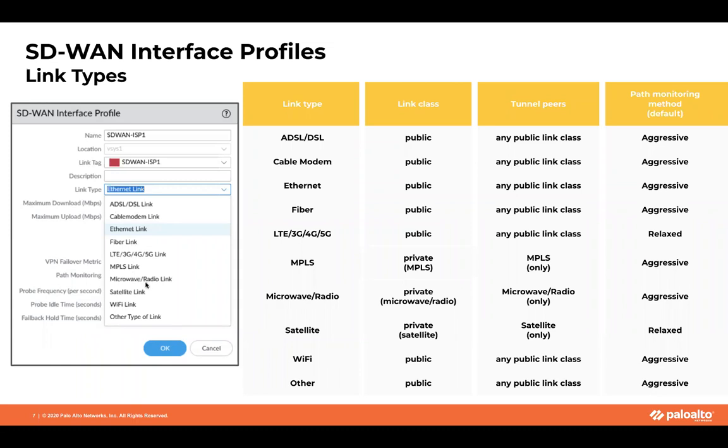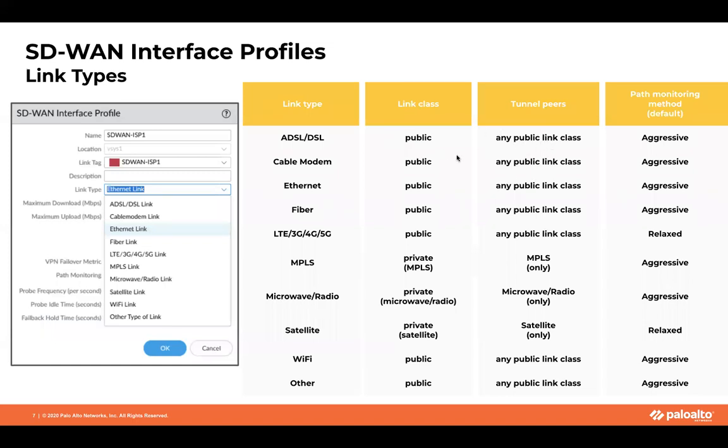You guys can read them all. What's important to remember, even though there's 9 of them, they're actually split into 2 different link classes, which you won't see referenced under the interface profiles, but basically they're split into either a public or a private link class. So what that means is basically depending on what link class and link type we pick, the SD-WAN plugin is going to determine how to